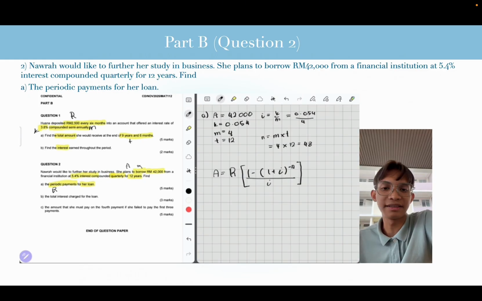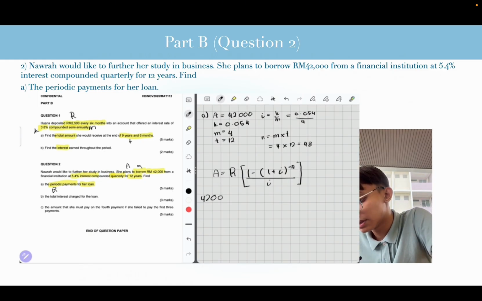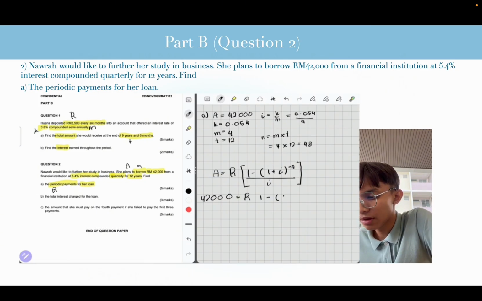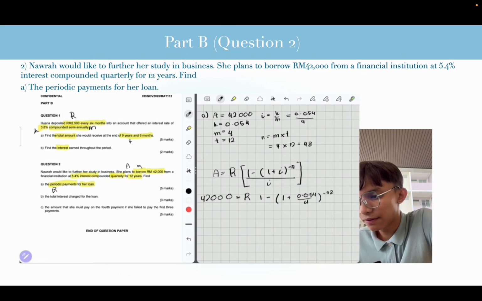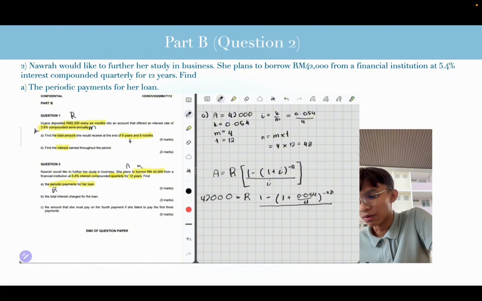Now let's convert to the information as given. So A equal to 42,000 equal to R, 1 minus 1 plus 0.054 over 4 to the negative 48, over 0.054 over 4